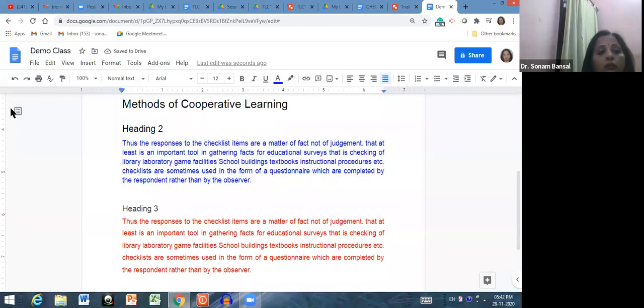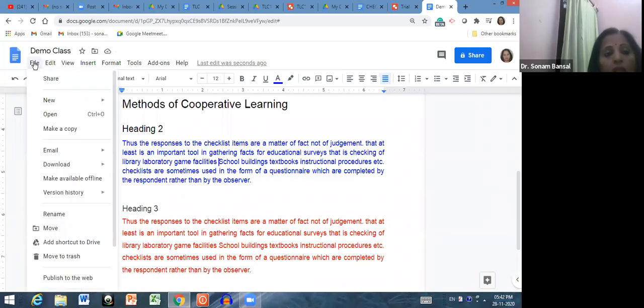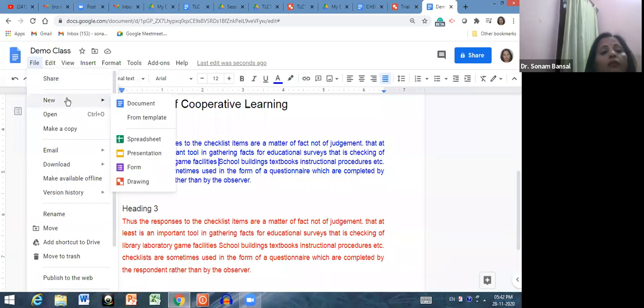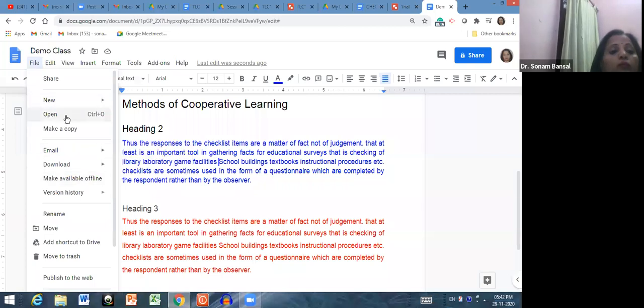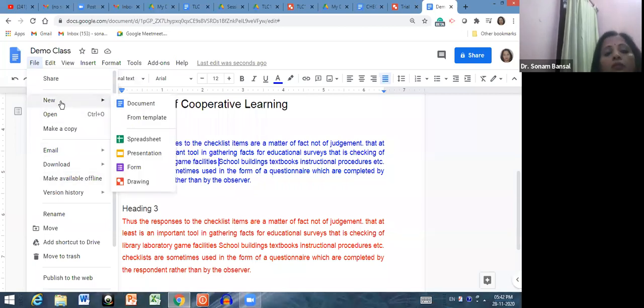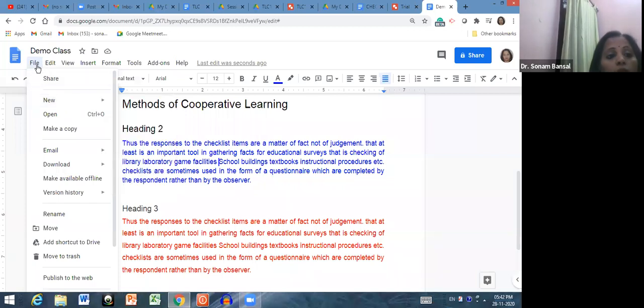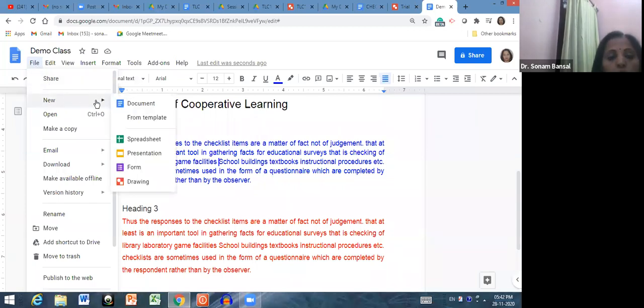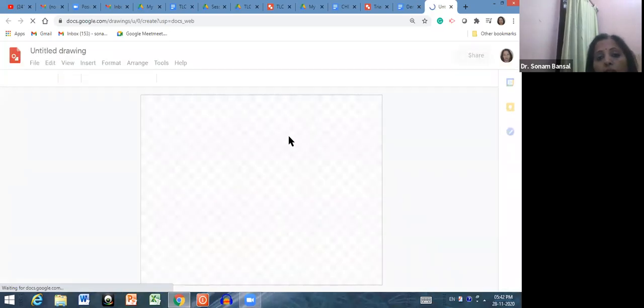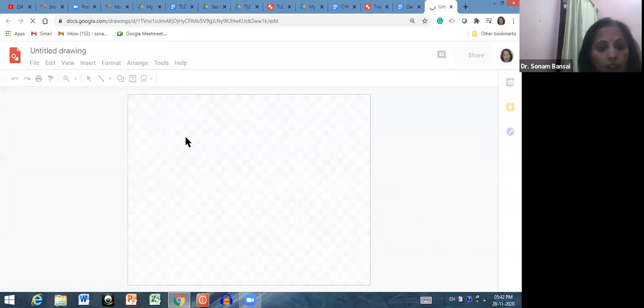So the first menu is File, and I will show the share feature later on. First of all, I will tell you how to add a new Google Doc or a new slide or spreadsheet in this. See, click on the File, click on new document or spreadsheet or presentation or form, anyone else. Let's suppose I want to add a new drawing here. So this is the basic link between the two documents. So the new drawing is opening here, and let me draw something here.